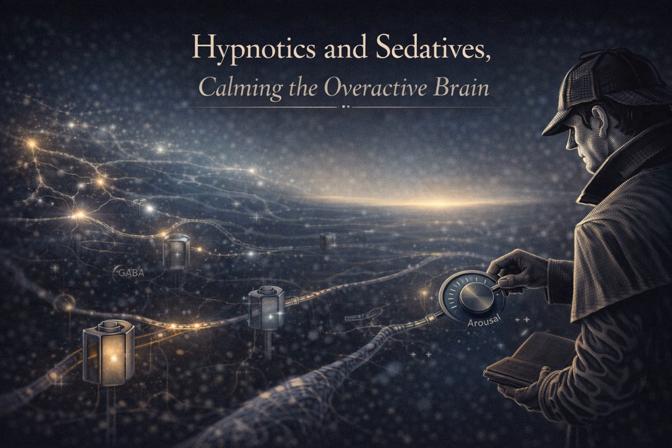Which brings us to our final section, Section 6, the risks. Tolerance, dependence, and withdrawal. This is the dark side of these drugs. It is. Let's start with tolerance. Simple physiology. If you constantly bombard the GABA receptor with a powerful agonist, the brain's homeostatic mechanisms kick in. The neuron says, whoa, this is way too much inhibition, and it starts to compensate.